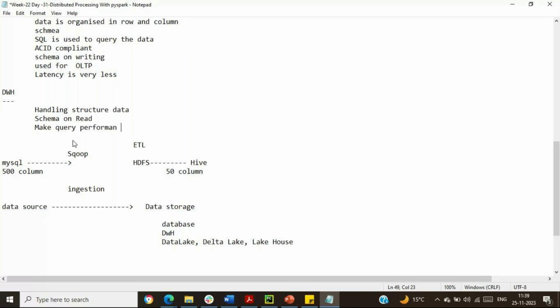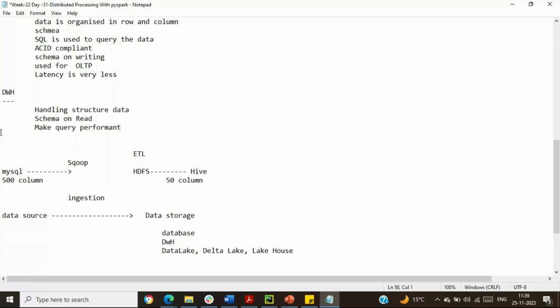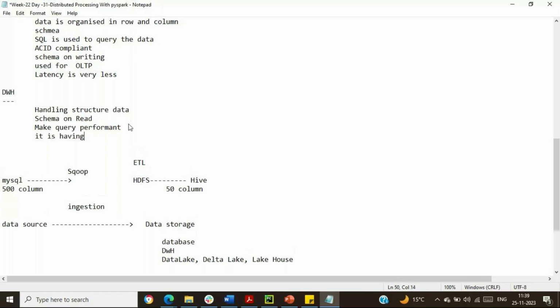Okay, is it clear? Make query performant. Now the query will be performant because you are dealing with less amount of data. You are not working on the complete laundry list. So the query will be performant over here. With respect to the latency, it is having more latency